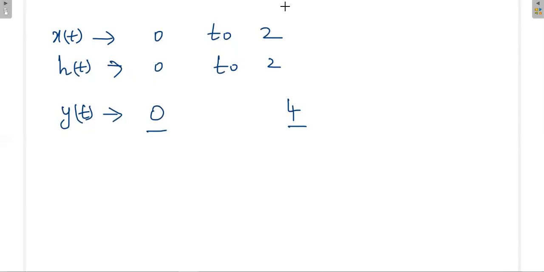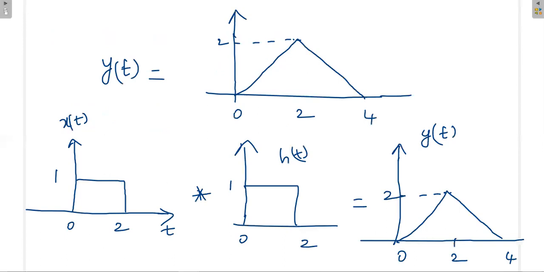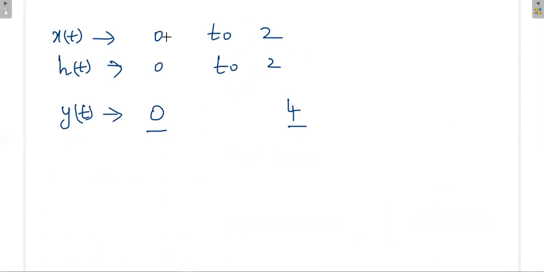Again, in between here, we are getting some changes. At what points we'll be getting changes, that also we can identify. Just add this 0 with this number, you'll be getting 2. Again, you add this number with this. In this case, both are the same. So again, the changes will be there at exactly this point. So from 0 we are starting, again at 2 we will get some change, then we will stop at 4.